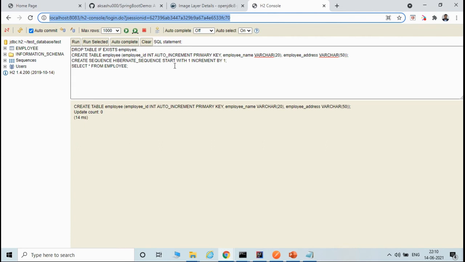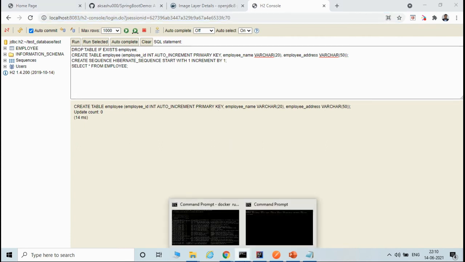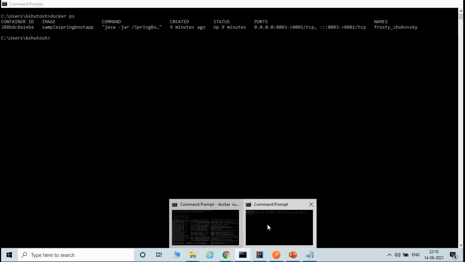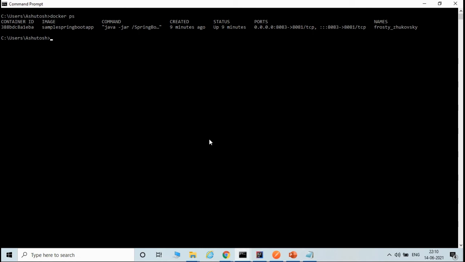So I have already created the table, and now we will log into the Docker container. As I told you, whatever image we just ran is running inside a container. And for logging into a Docker container, we need to type docker exec -it and then container ID.